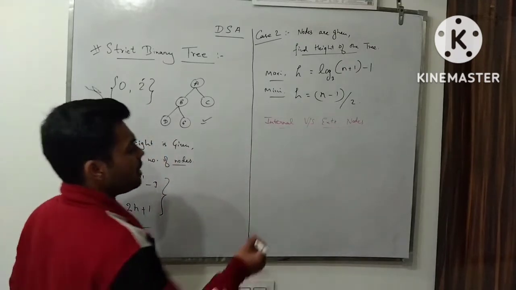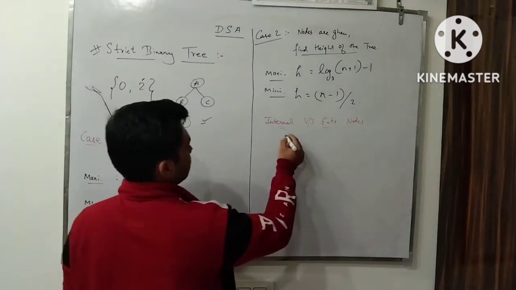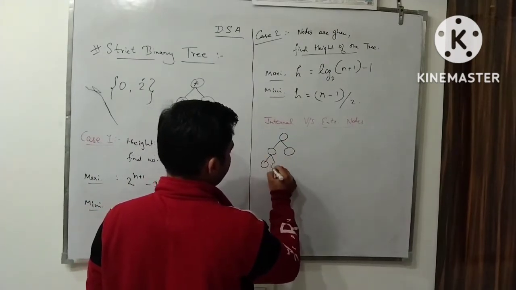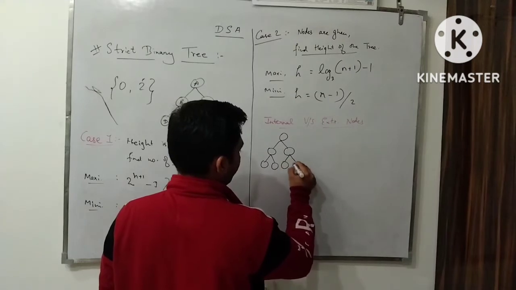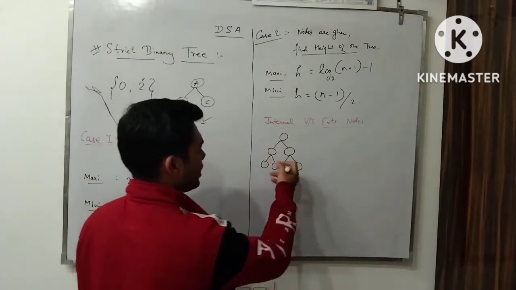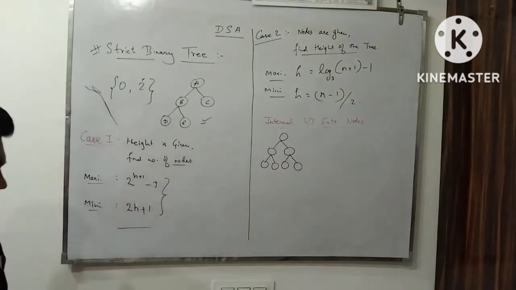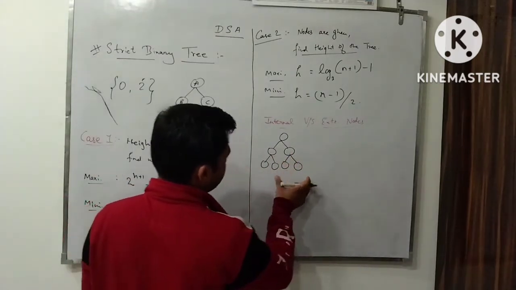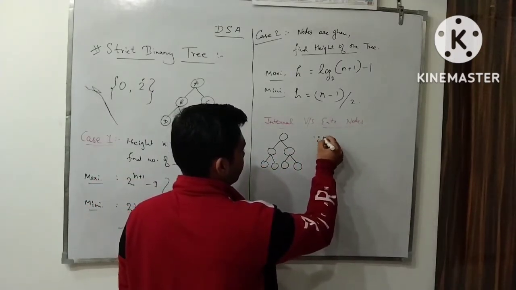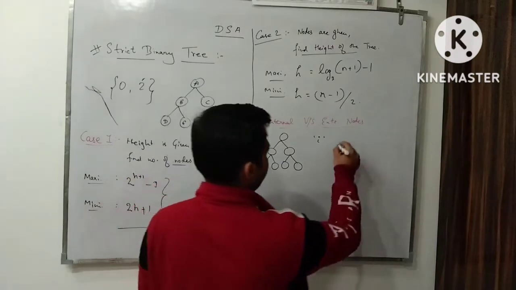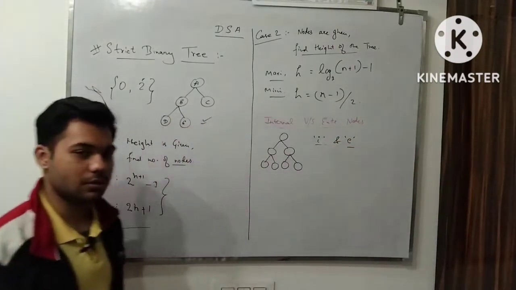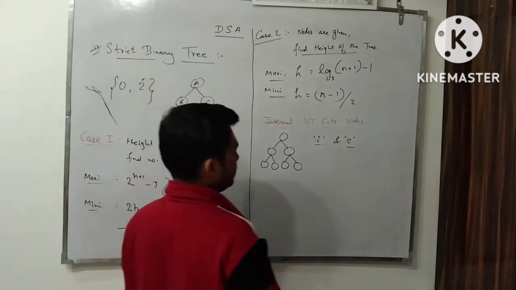Okay, simply, if I say this is a binary tree, it is an example of a strict binary tree. Every node has two children. So what will the formula be? If I let I be the number of internal nodes and E be the number of external nodes, then the formula will be